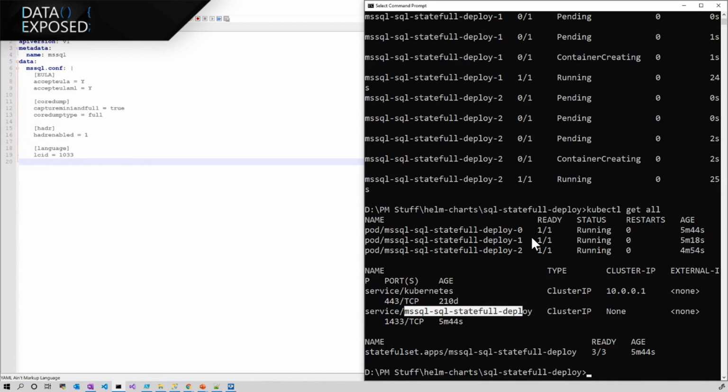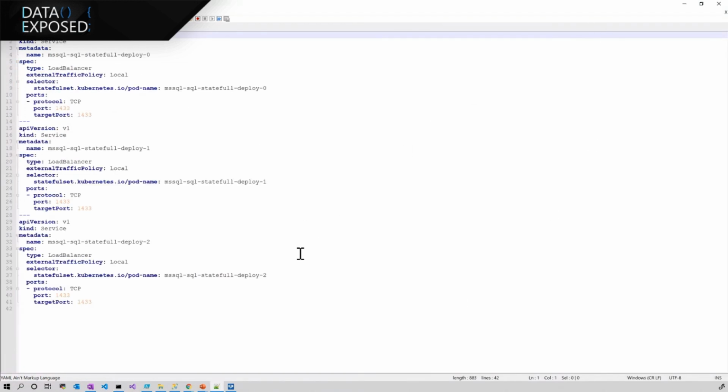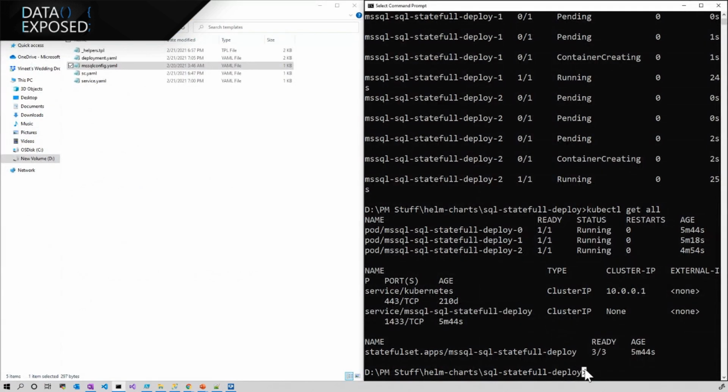And for this, we basically have something called the load balancer service that we need to create. And this is what you'll see here. For each pod, we are giving a load balancer service, so that if this pod starts on another node, the IP address, the port, everything remains the same, and you can connect to the SQL Server without even knowing that the pod was probably deleted and recreated on another node. So let's quickly go ahead and do that.